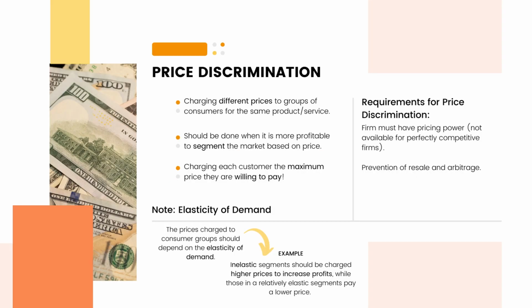Let's start with some economic concepts before we dive into application-based examples. Price discrimination refers to the practice of charging different prices to different groups of consumers for the same product or service. In pure price discrimination, the seller charges each customer the maximum price they will pay. In more common forms, the seller places customers in groups based on certain attributes and charges each group a different price. This strategy is often used by businesses to maximize their profits by targeting different segments of the market with